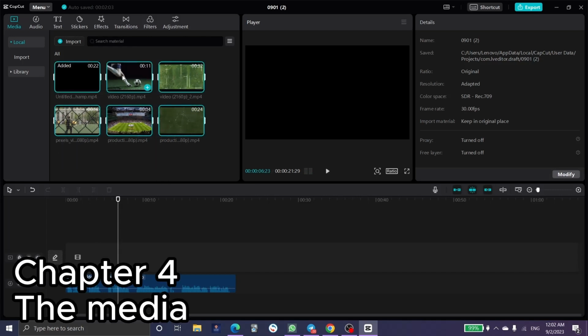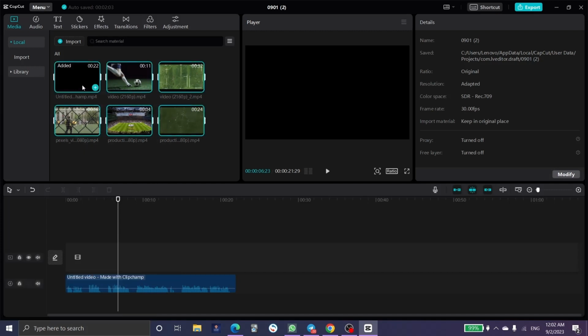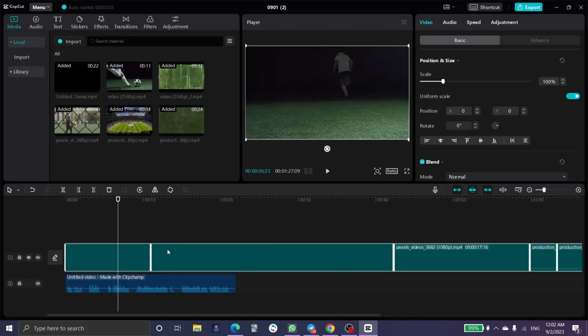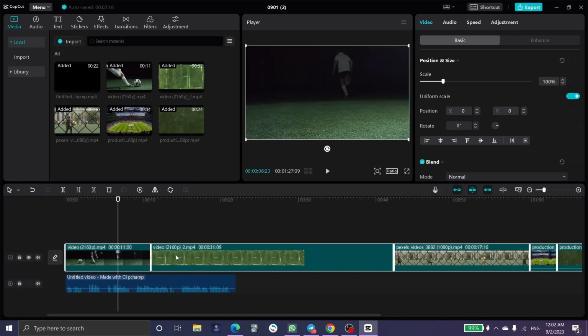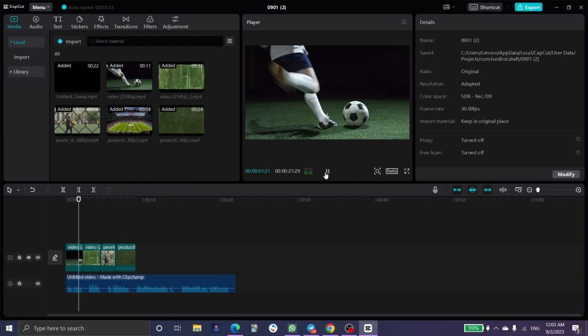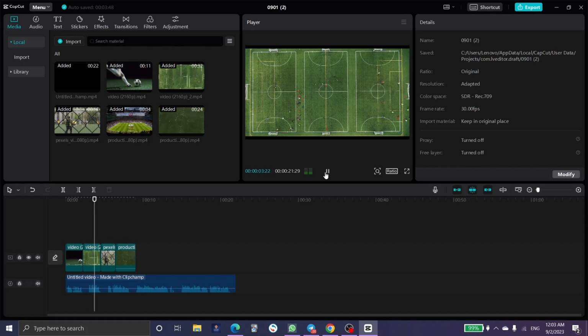In here, these are the clips in the media section. We're gonna drag the clips ourselves here into the timeline, in order to match the videos with the voiceover, also to line up the tracking with the voiceover to make it make sense and sound very good as a video. It's visual content, so we need to make it as simple and